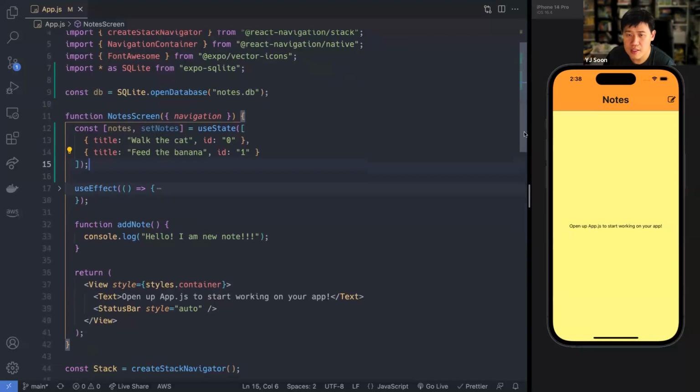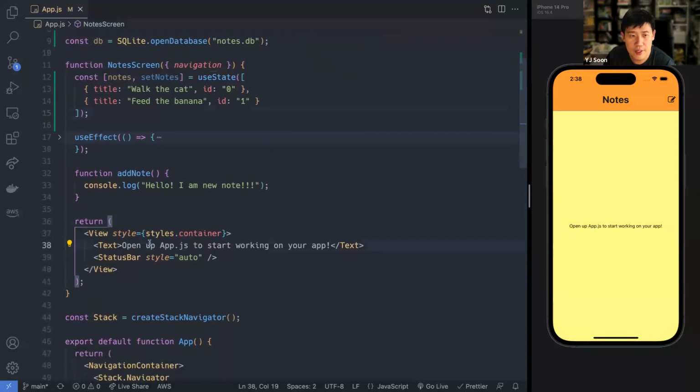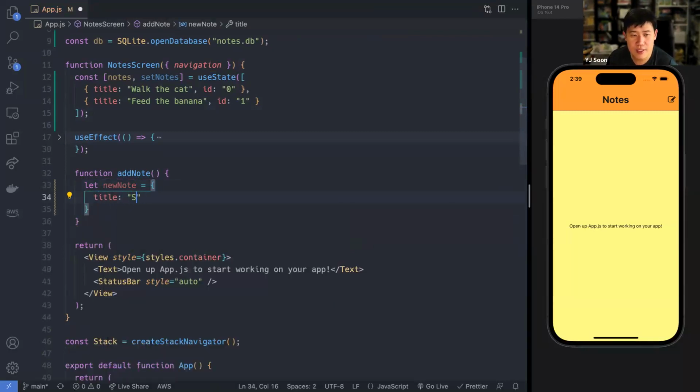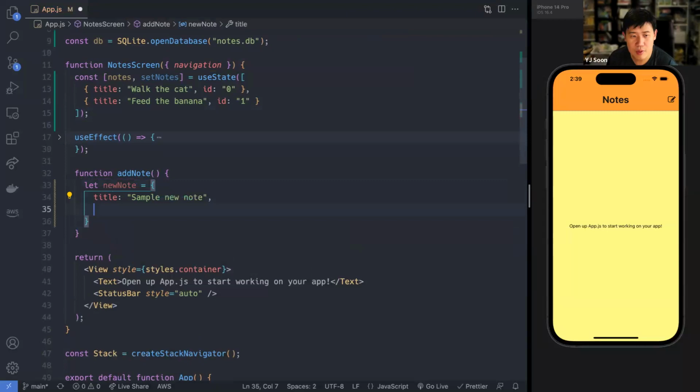So let's fold it, and down here, what we're going to do is add note. Add note is going to say let new note. We're going to do the same thing as new color. Let new note equal title: sample new note, ID is going to be notes.length.toString, same as before.